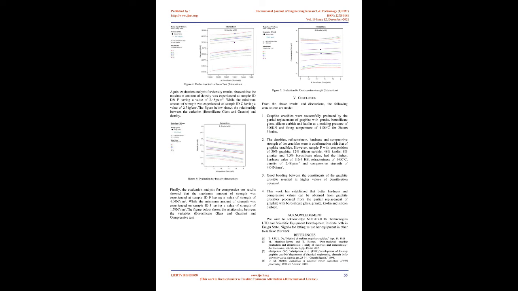For compressive strength, Figure 2 shows the graphical representation of the predicted and actual values of the compressive strength experiment. The graph confirms that the predicted value of the compressive strength is 1.79 N/mm2 while the actual value is 1.73 N/mm2, showing high similarities for the predicted and actual values for the impact strength experiment.